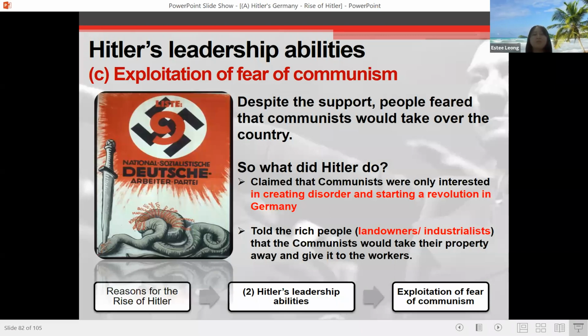He told the rich people who are the landowners, those who own massive plots of land, and the industrialists, those who own big businesses, that the communists would take their property away and give it to the workers. Okay, so what does this mean? This is one of the core principles of communism, that to achieve true communism at the end of all the revolutions,